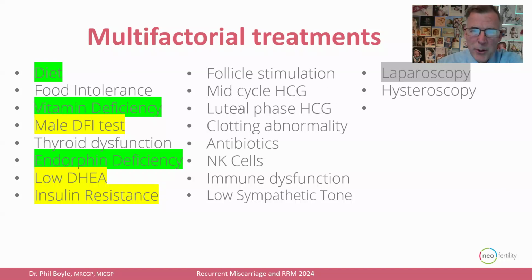And then our bread and butter treatment, when we've got our hormone assessment complete, then we do our follicle stimulation, our luteal phase HCG as needed, and we try to balance everything. And then we've got antibiotics and immune treatments that really, really do help us. And I would cry if we weren't allowed to give these treatments to our patients, because clinically it just works, but we really, really need to publish on this.